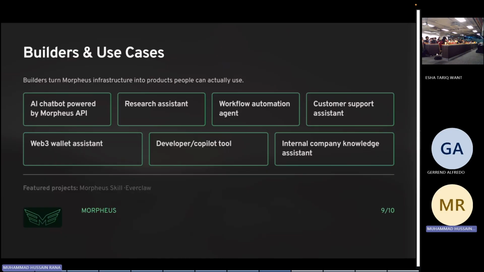What should I do? That's where this Morpheus EverClaw skill comes in. What this thing does, it basically hooks into OpenClaw, and you can connect your MOR wallet to the OpenClaw setup. Basically how it works is you have your Web3 wallet, you import the private key into it, you make a third one basically, and you put $50 or whatever, how much you want, of MOR tokens inside it, and we use the same peer-to-peer session renewing technology where you can continue using the decentralized inference for as long as you want,